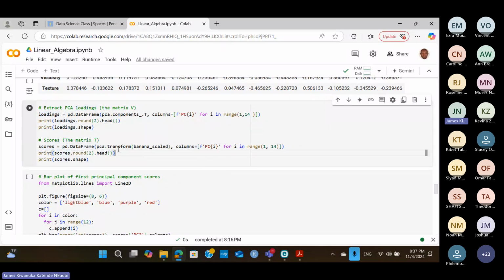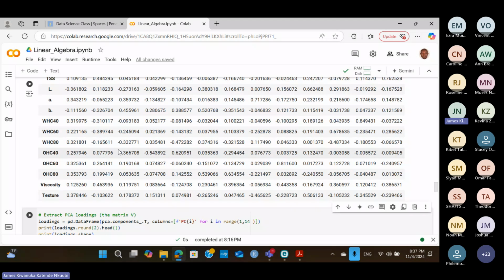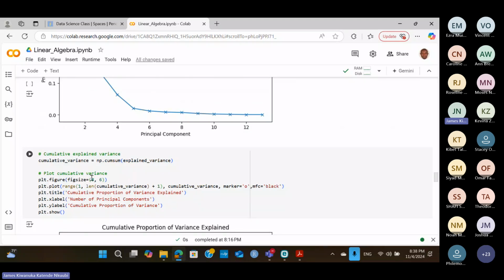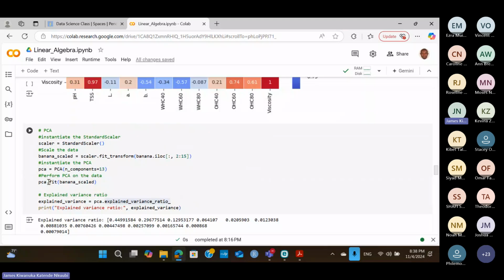And now you will notice one thing. Here, where is PCA? We did the fitting first. We did not transform. We did only the fitting, PCA fit. Now,